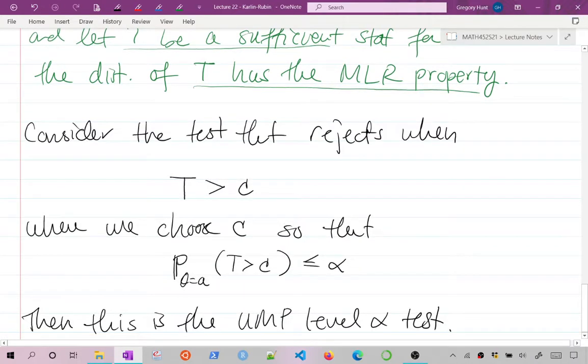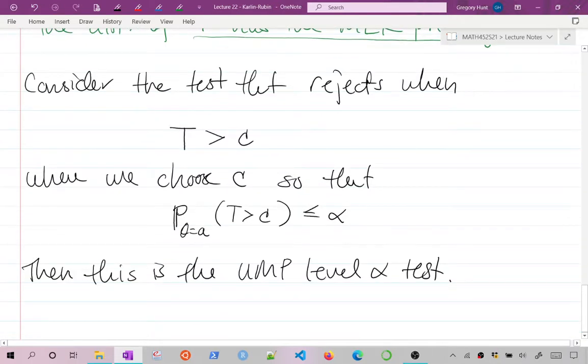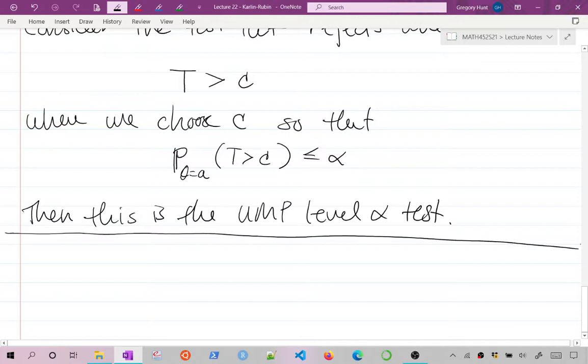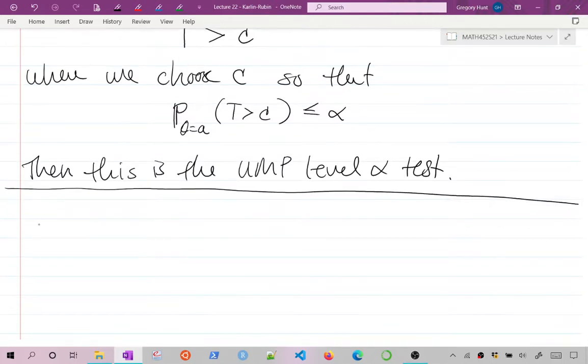And I'm going to choose my cutoff for where I reject, right? How large t has to be to reject to ensure that I have a level alpha test. If I do this, this is the UMP level alpha test. So how does this relate to Neyman and Pearson? How does this relate to other things? First of all, some notes here